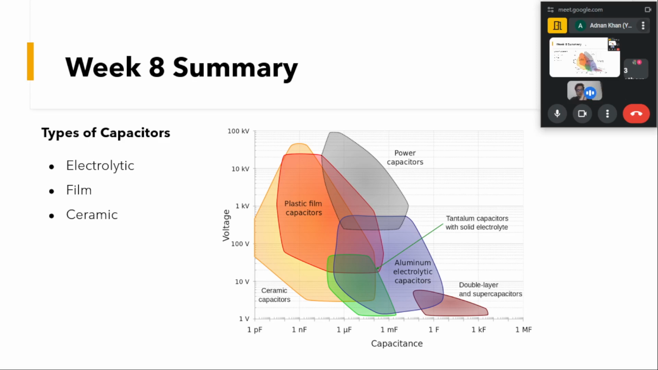The main types of capacitors are electrolytic capacitors, film capacitors, and ceramic capacitors. And if you can see here in the graph, these capacitors vary in the capacitance value they have and the voltage level up to which they can go. If we want a capacitance of very high value,